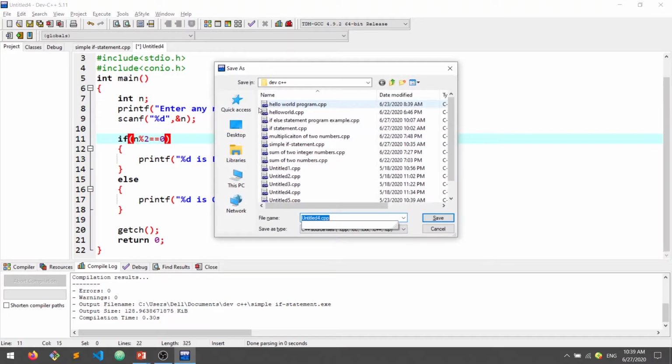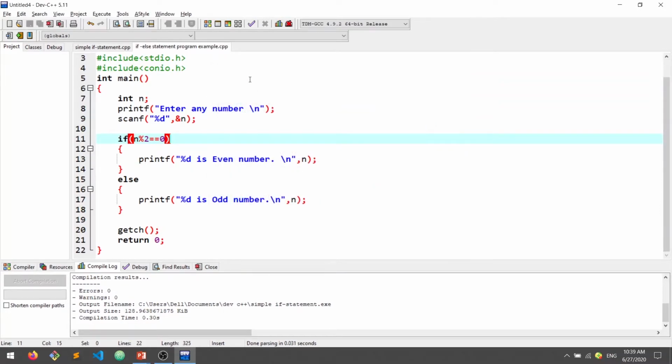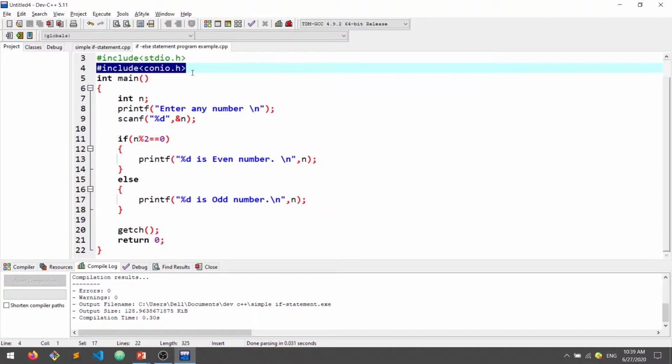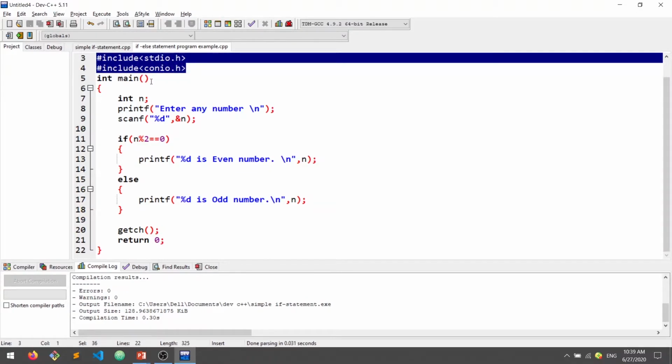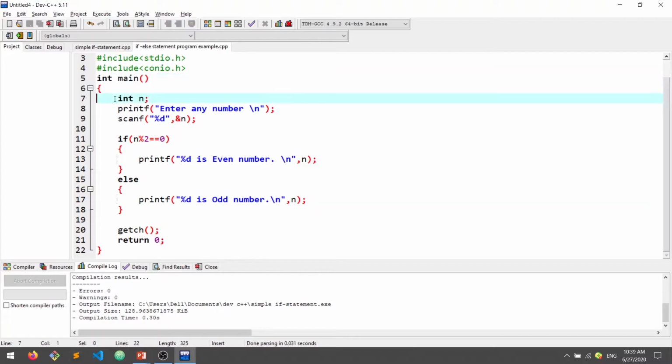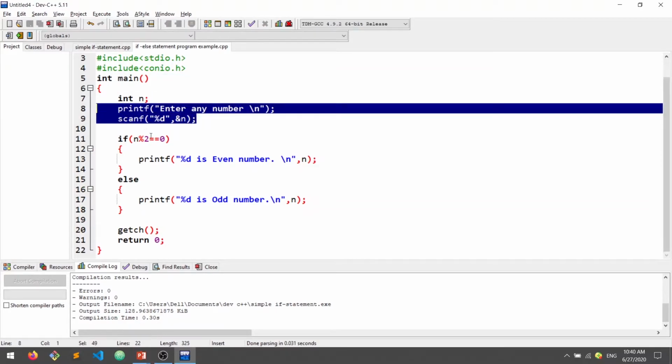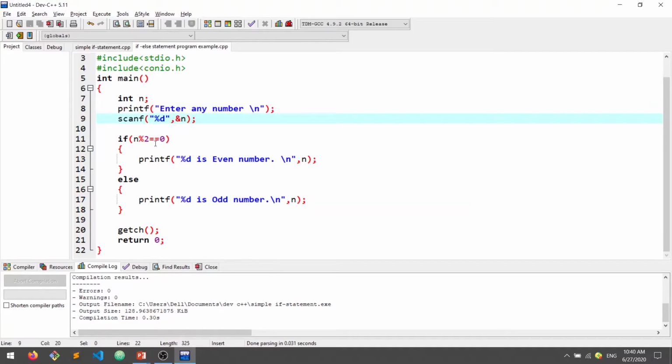Now look here, if-else statement example, saving it. Now first, this is just the header file. I'm explaining this code. This is the header file and this is the main function, and I have declared n variable to store the number entered by the user. So if n % 2 equal to 0, if the number entered by the user,